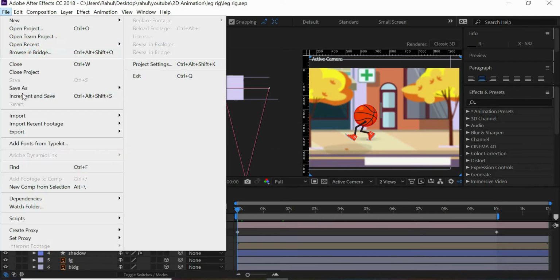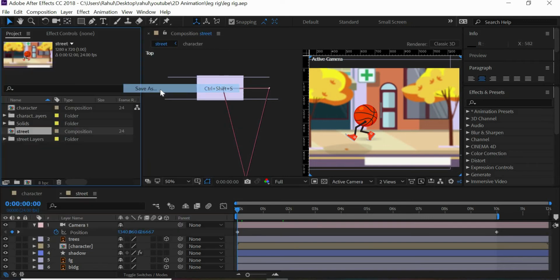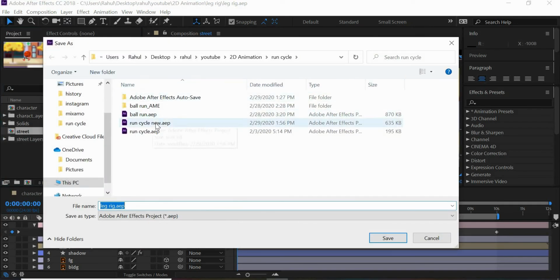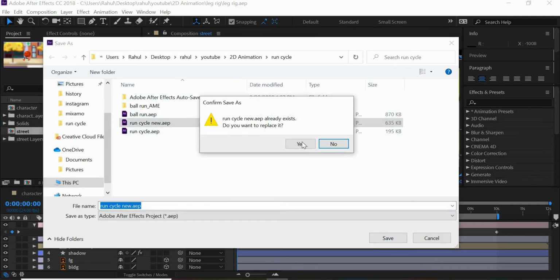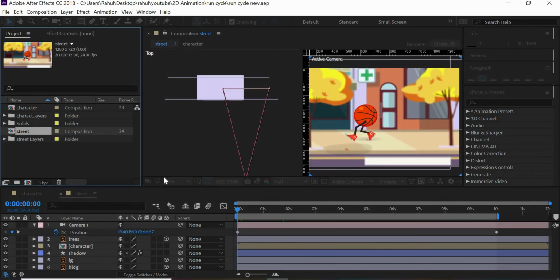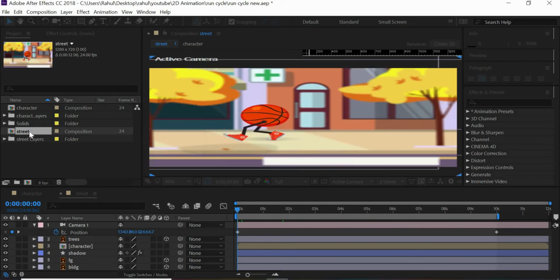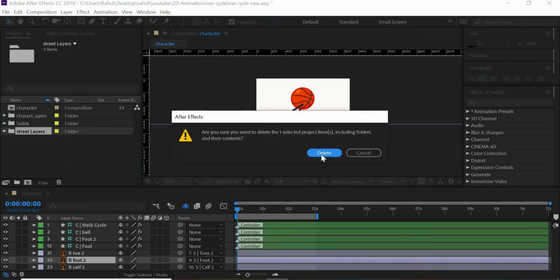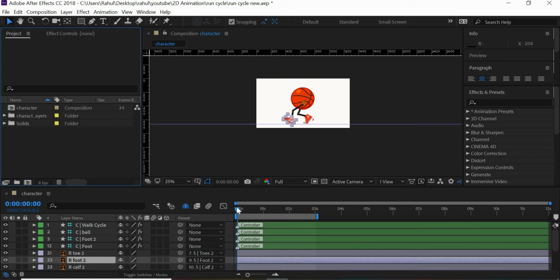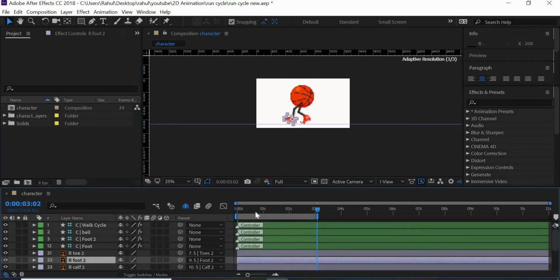Before we delete it, we'll go to File, Save As, and give it a new file name. Alright, and then I'll delete the street composition. I don't need it. I don't need the street layers. I'll delete it. And then now we are left with